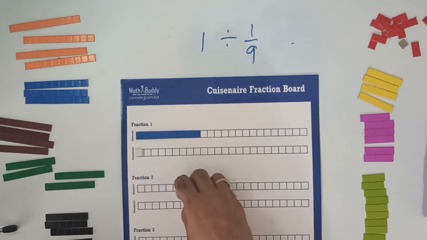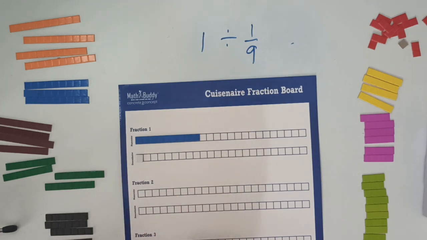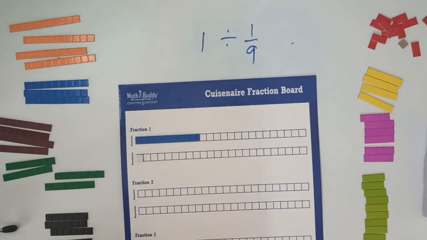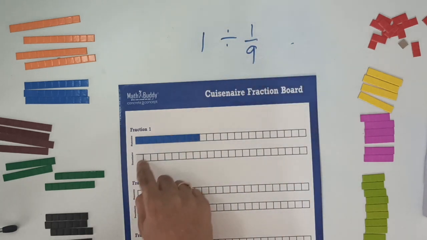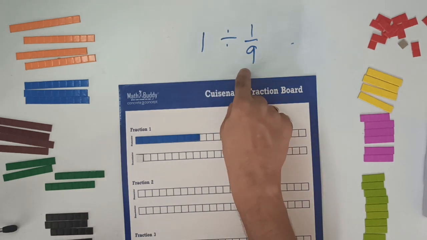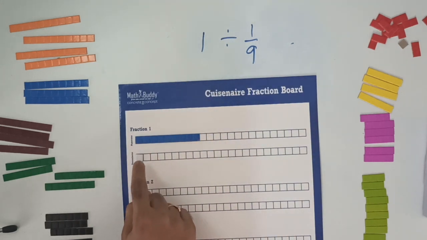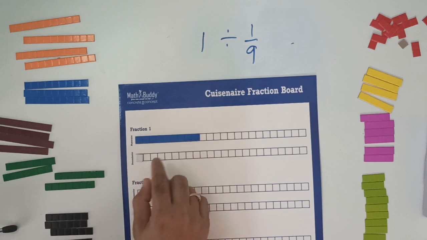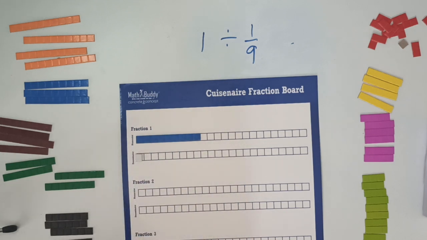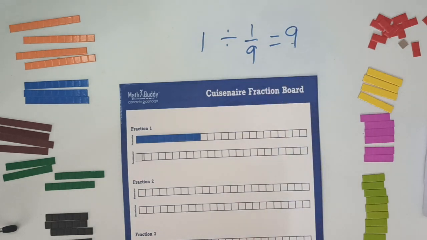And then my numerator tells me that I need to keep only 1 part. So I'll just keep 1 part. I have not continued dividing into 9 equal parts. You can try it out. But once you divide this, you remove the 8 parts and you'll be left with only 1 part. So this represents 1 by 9 of my whole. And the fraction statement is asking how many 1 by 9's are there in the whole. How many such white pieces are there in the whole? How many such pieces? It's not exactly white pieces. How many such things I can form in this whole? You can see that there are 9 of them. So that's why we say that 1 divided by 1 by 9 gives you 9, right?